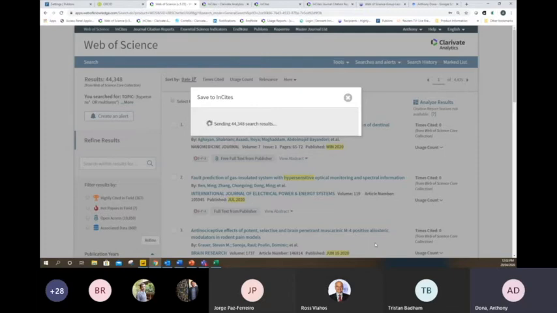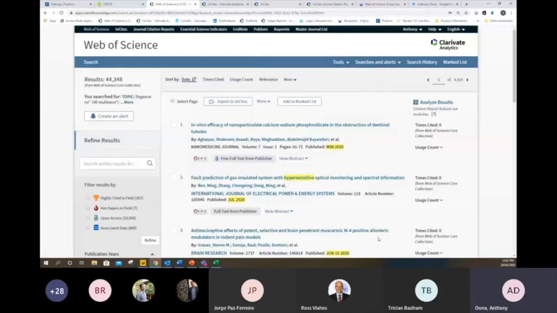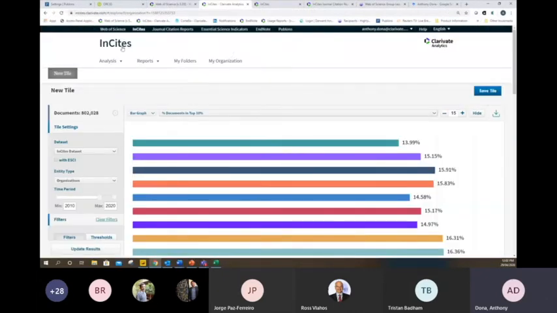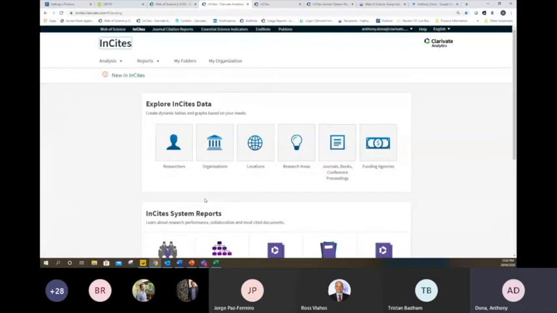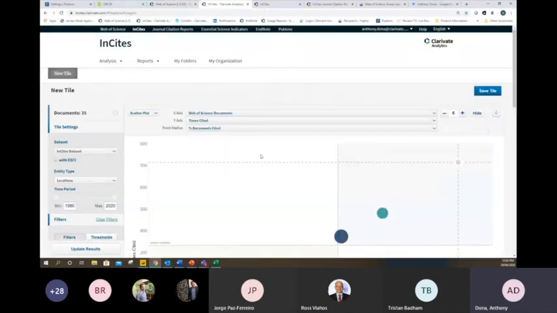Where Web of Science actually updates daily with new data, InCites updates monthly, so it's a little bit lagged. So any documents that were published and indexed in the Web of Science in the last month may drop off that list. Now, however, if I jump over to InCites and jump back into my home screen, I will have a document set which I've named, whatever I've named it, which I can drill into. So let's say I wanted to look at the countries across the globe that are producing research in this specific area. I can jump into that and I can say, great, data set is hypersense or multisense.